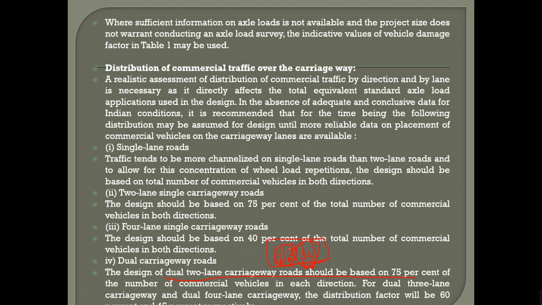It is because of 75% of commercial vehicles that move from origin to destination. Suppose there are 100 vehicles moving, we only consider 75 vehicles, or the damaging effect is reduced because of the increase in the number of lanes, because